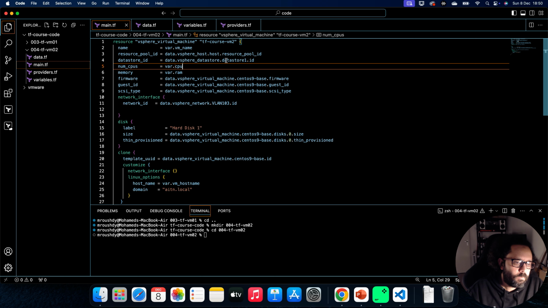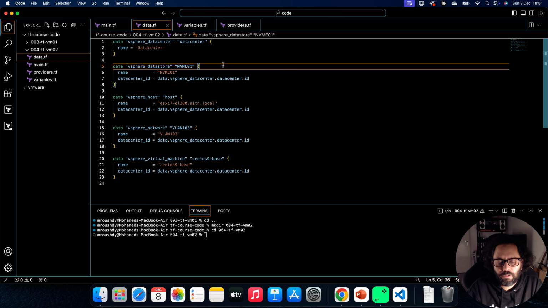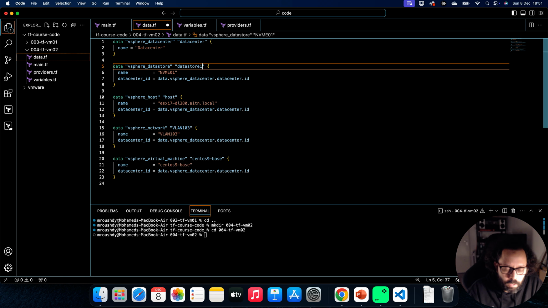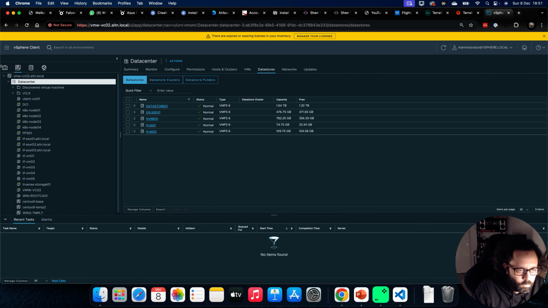Let's update it under the data, because I've changed the name of the block. So we no longer have a block. We don't have a block called data store 1. We have just NVMe 1. So I'm renaming this one to this, and I need a name here for the data store. So what data store in my cluster are we going to use? So this time here,